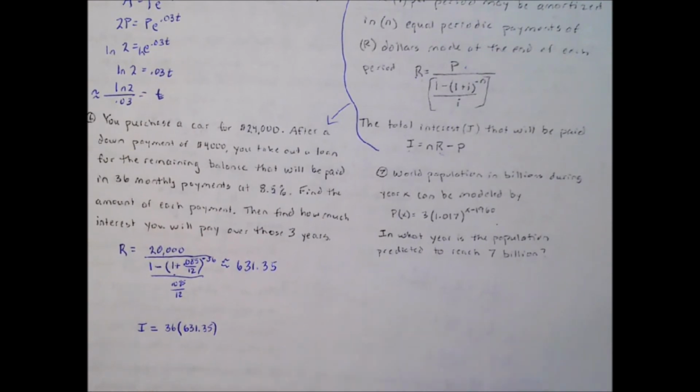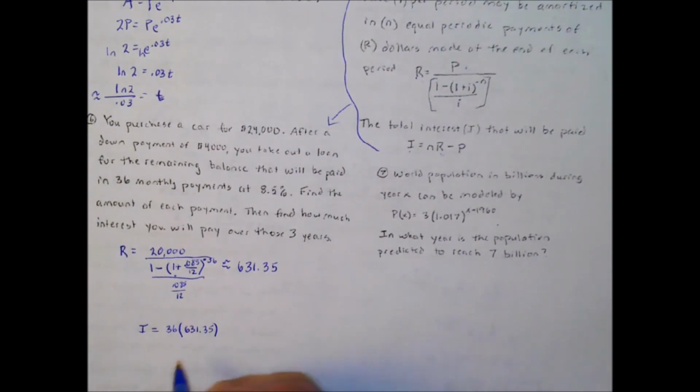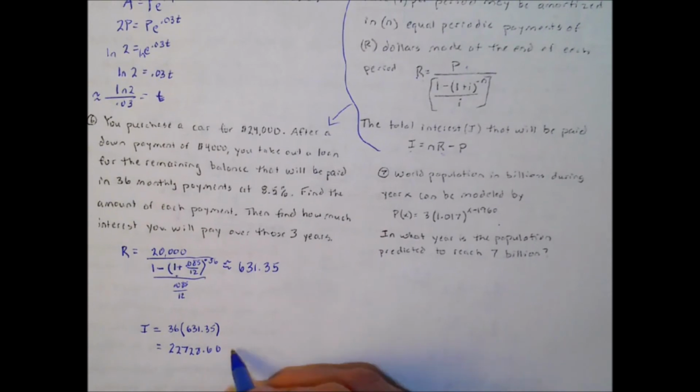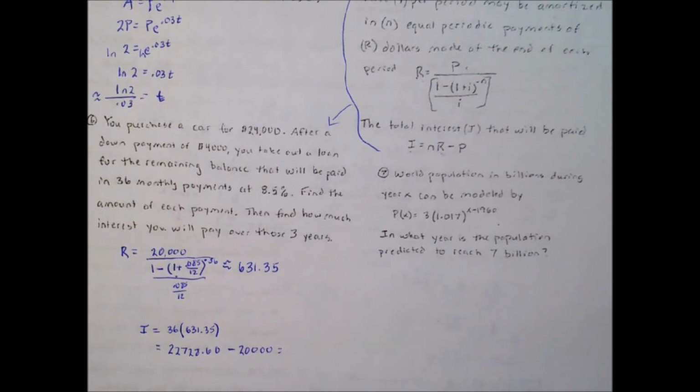Okay, so if you multiply that together, let me get my calculator real quick. Okay, for 36 months, if you pay that much per month, you've paid $22,728.60. And what we owed was $20,000, right? So you subtract those two, and